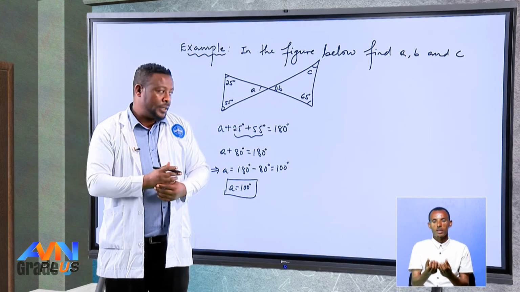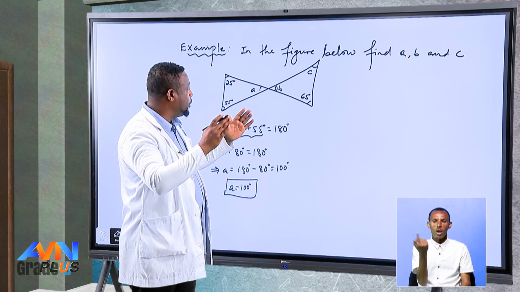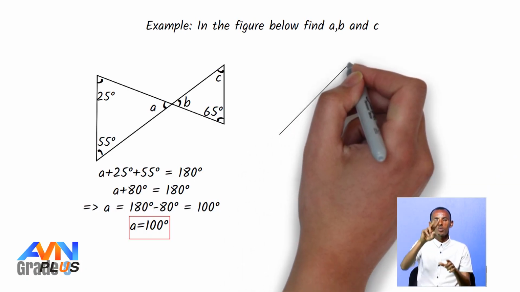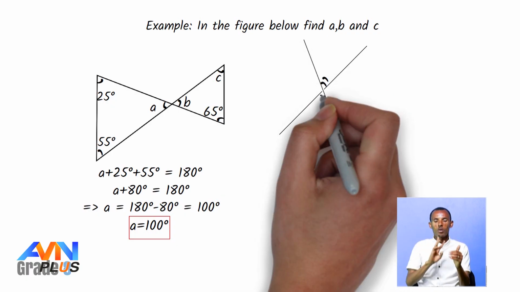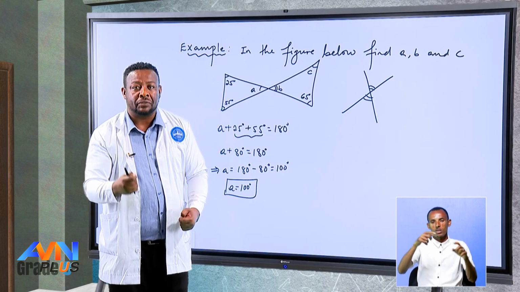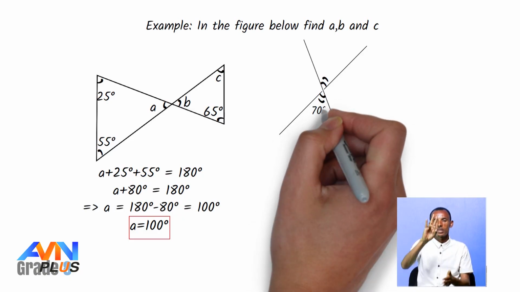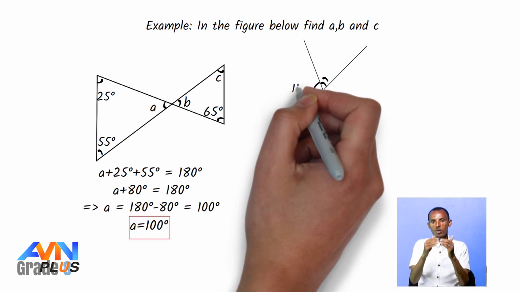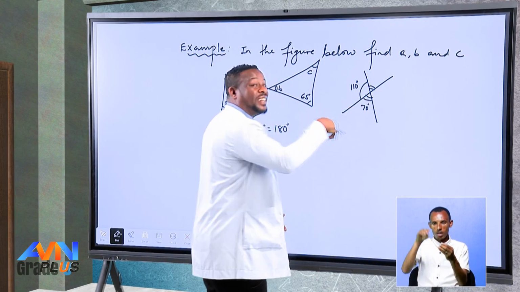Okay, but to find the value of B, always you need to think of these two angles. If there are two lines intersecting at some point, these two are congruent, and we call them vertically opposite angles, right? Vertically opposite angles are congruent, right? So, for example, if this is 70 degree, the remaining part, because it forms 180 degree, becomes 110 because the sum of a straight angle is